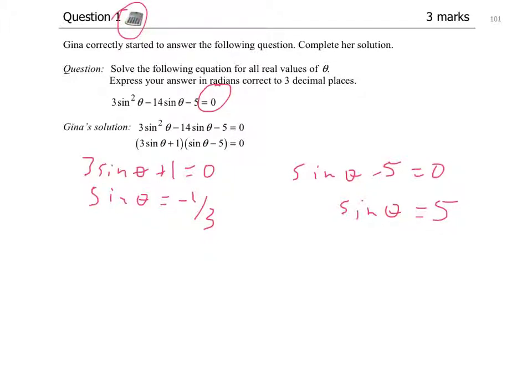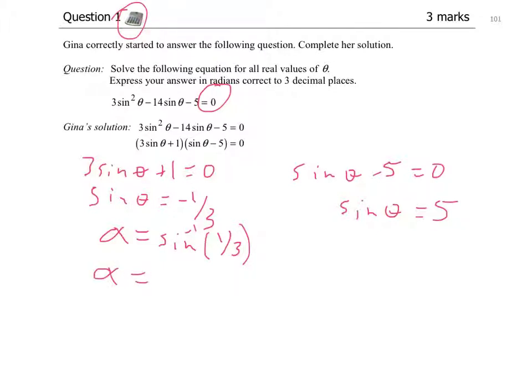So notice this is a calculator question, and at this point we have to use our calculator. When we're using our calculator to find the reference angle, we never put in a negative ratio because the negative tells us the quadrants we're in. So this is the symbol I use for a reference angle, and it's inverse sine of 1 over 3. On my calculator, I need to go shift sine. On some other calculators it might be second function sine, but you go inverse sine, and then in brackets 1 divided by 3, and I get a reference angle